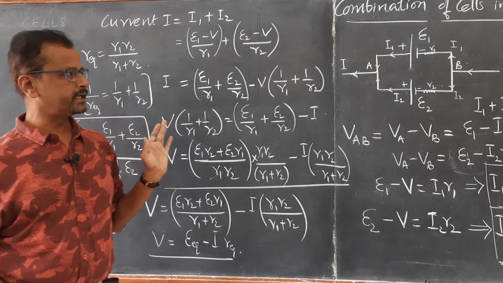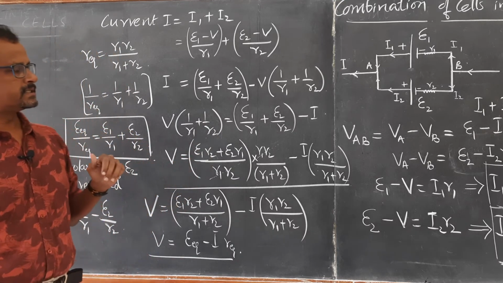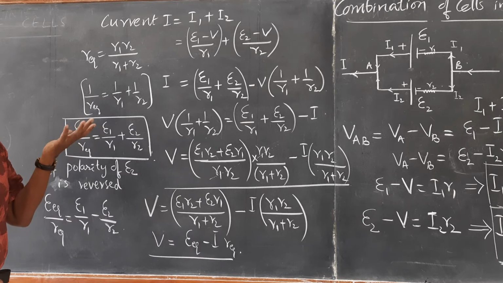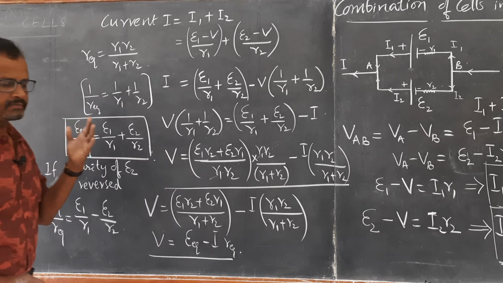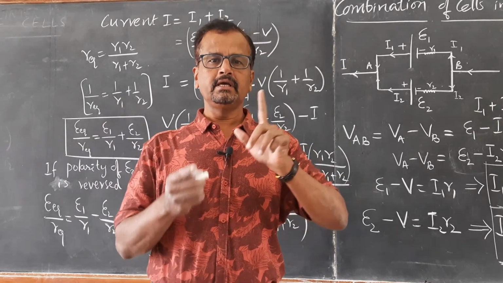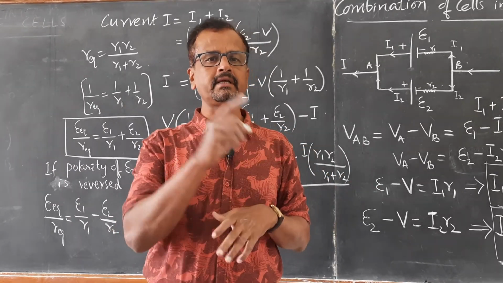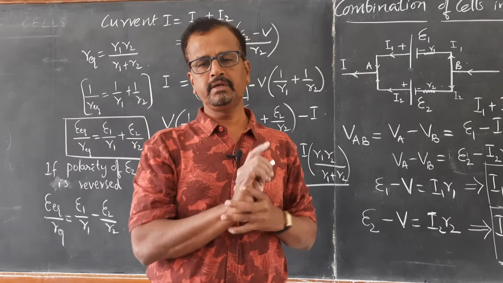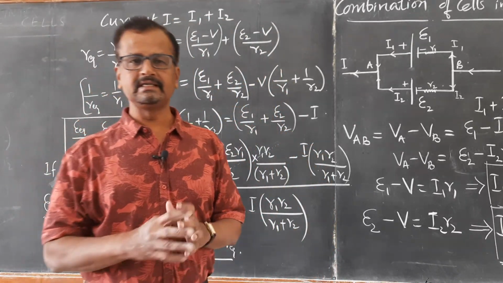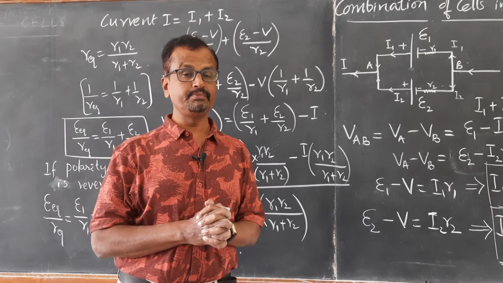Right? It will be entering from the negative terminal. The reason is the EMF of the first cell E1 is taken greater than the EMF of the second cell E2. If E1 is greater than E2, this is the case. If E2 is greater than E1, then the current enters from E2 into E1, right? So these are the things to be remembered, and definitely some numerical problems will be asked in your UPSC written